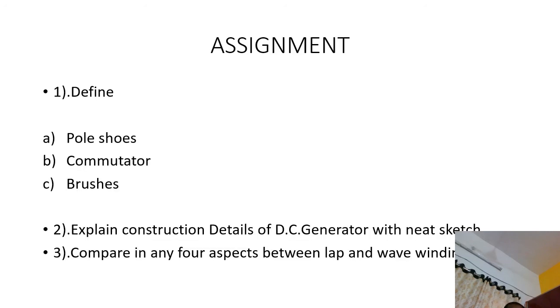For the examination point of view, all of you prepare notes, write them and give them to your teacher. So that is the assignment. First, define pole shoes, commutator, brushes. Second, explain the construction details of a DC generator with a sketch. Third, compare in any four aspects between lap and wave windings. These are the important questions you have to discuss, and you can write the assignment and submit it to